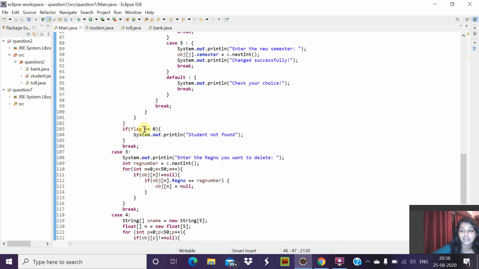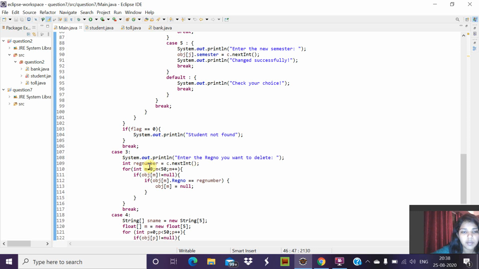And I'm checking an if condition: if this flag is equal to 0, then it will print student not found. Then case 3, in that it will print enter the register number you want to delete. This asks the user to enter the register number whose details should be deleted.